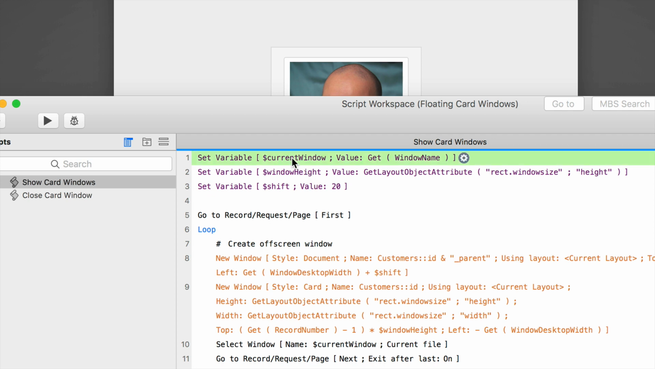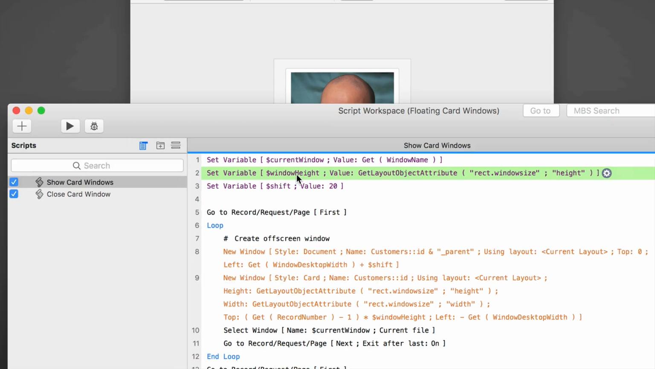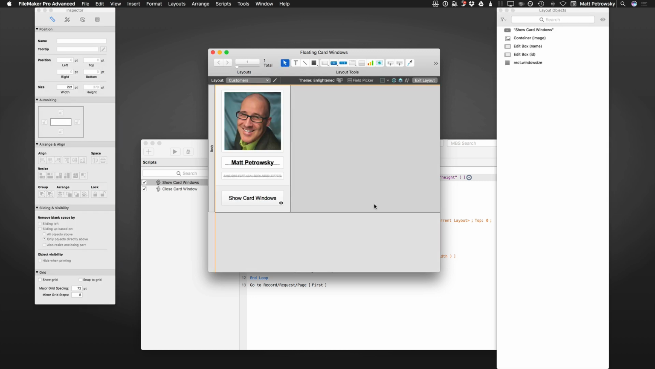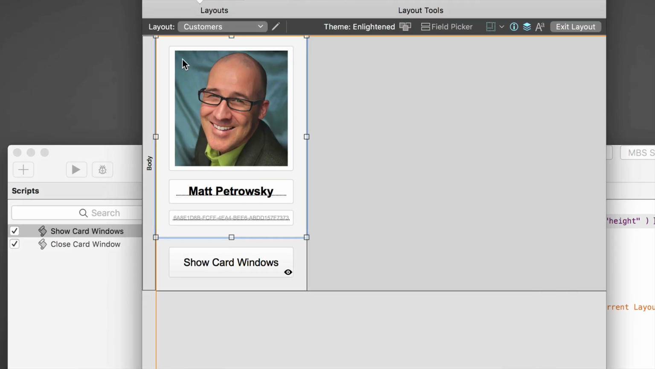First off, the first thing that I'm doing is setting a variable to the current window. That's the window that I'm actually within when I click the button. Second thing is that we've got a window height value here. Now, this is a little trick that I'm throwing in that is really pretty useful if you're going to use this technique to draw smaller windows off of a larger window. It turns out that what you can do is here in layout mode, we can see that the window itself is really pretty small. But as I select this rectangle object right here, which is behind the actual picture